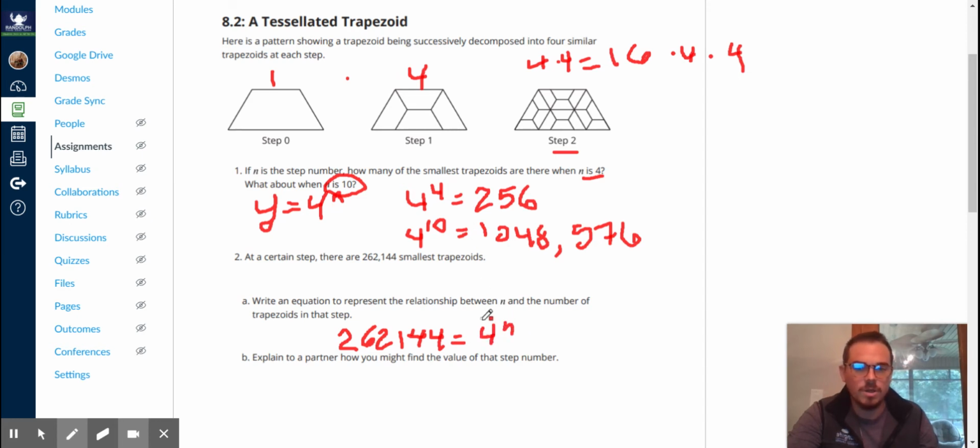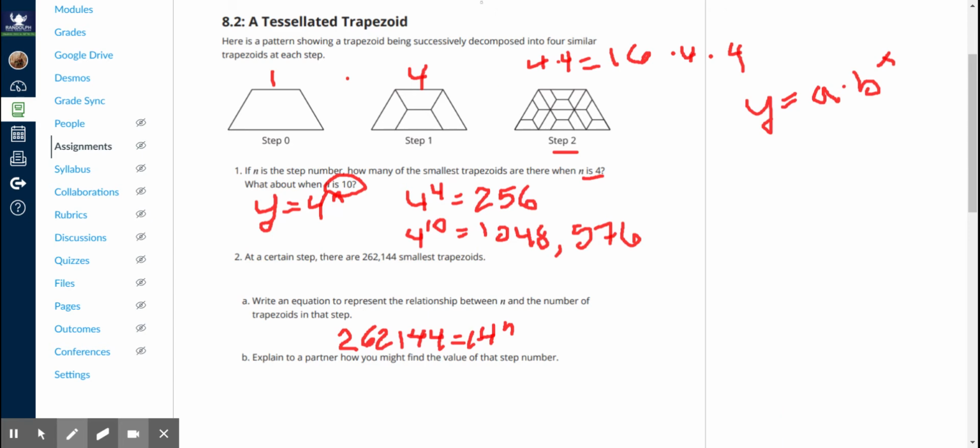Now you might be wondering, remember we had an a there before for our function, y equals a times b to the x, because that's our exponential function. Well, in this case, a is 1, and the reason is that at step 0, it's 1. That's our starting value, which is a. So that could be your relationship: 1 times 4 to the n equals